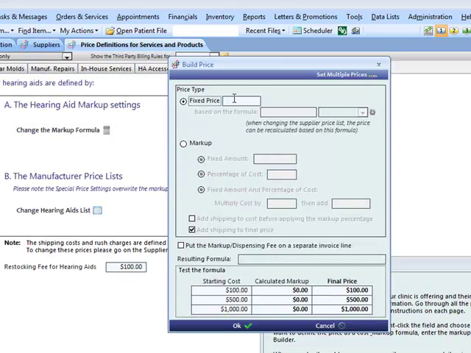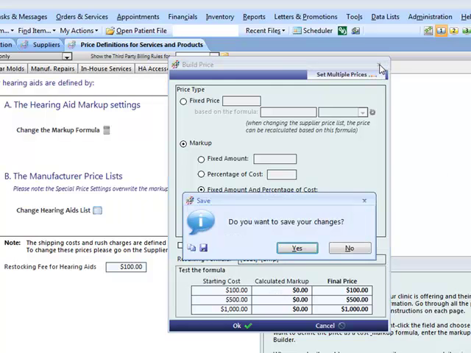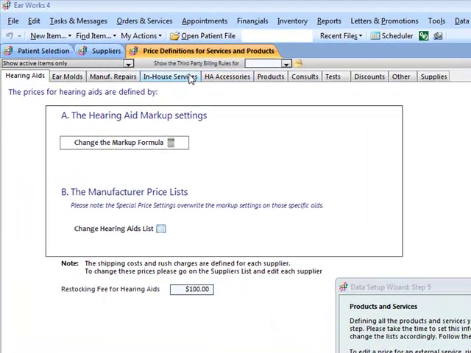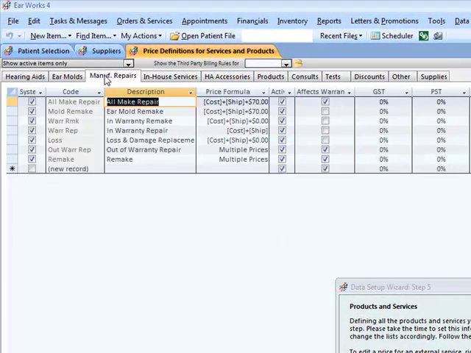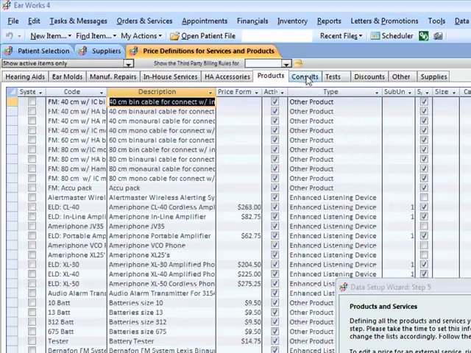Let me just drag this down a little bit. So here you can now view your markup settings. You can change your markup formula. You can have very specific, for example, you can have premium products, different markup for each make, or different product by clinician, or different product by style, and so forth. You can go quite detailed on your markups, or you could just simply